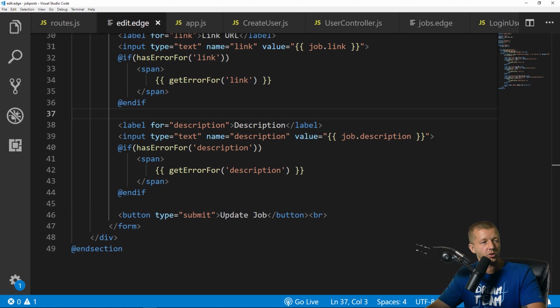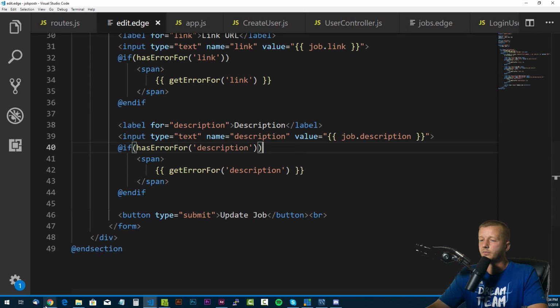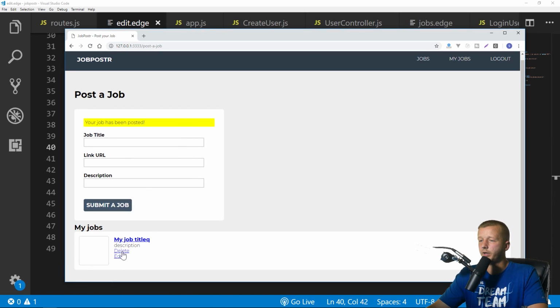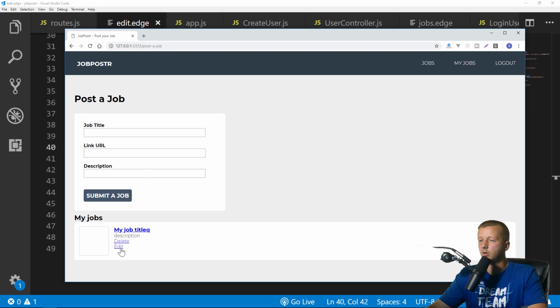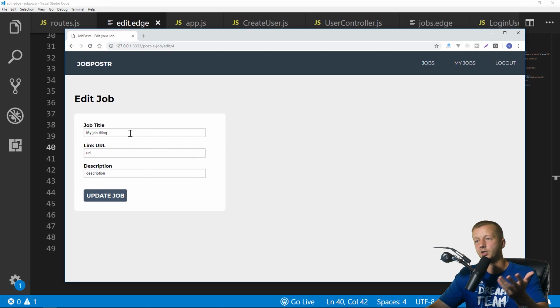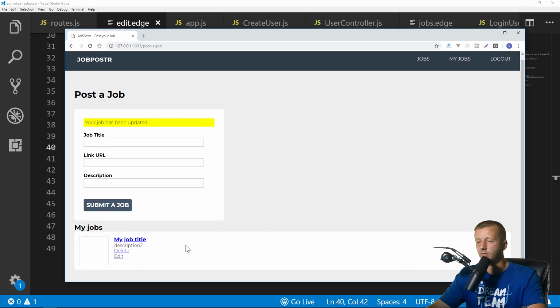All right, so now we're going to go ahead and, sorry, I'm scrolling through here just to make sure I'm getting this all. Yeah, let's try to edit. This should definitely work now at this point. So let's do a quick job refresh, edit. There it is. It's showing the edit ID is 4. Let's just remove the Q from here. 2 and 2. And there we go. The title actually didn't get updated there. So your job has been updated, but